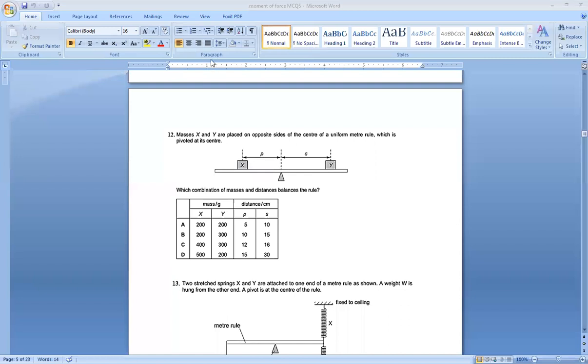Distance balances the rule. Again, we have to use the principle of moments. The clockwise moment should be equal to the anti-clockwise moment. Remember, the product of the weight of y and s should be equal to the product of the weight of x and the distance p. So x into p should be equal to y into s. So we have to make the calculation. x into p should be